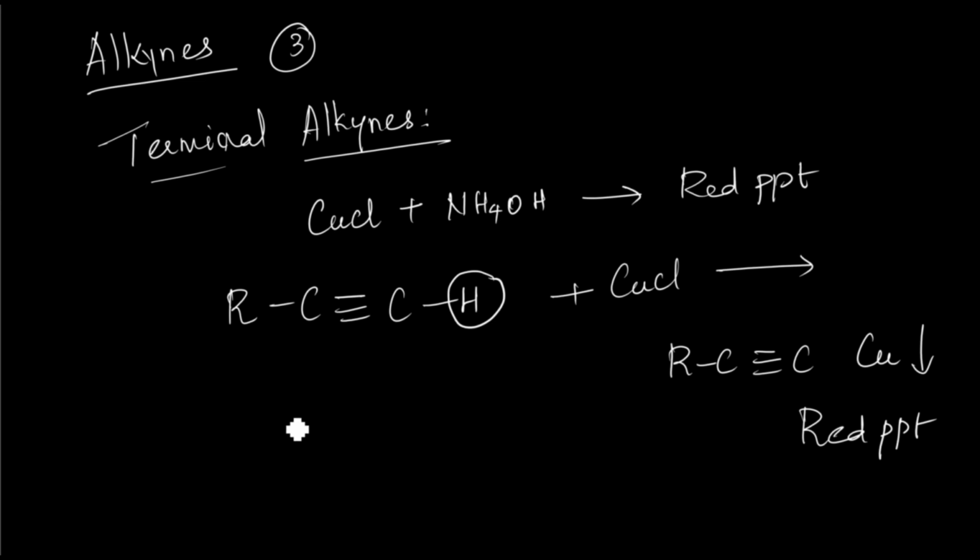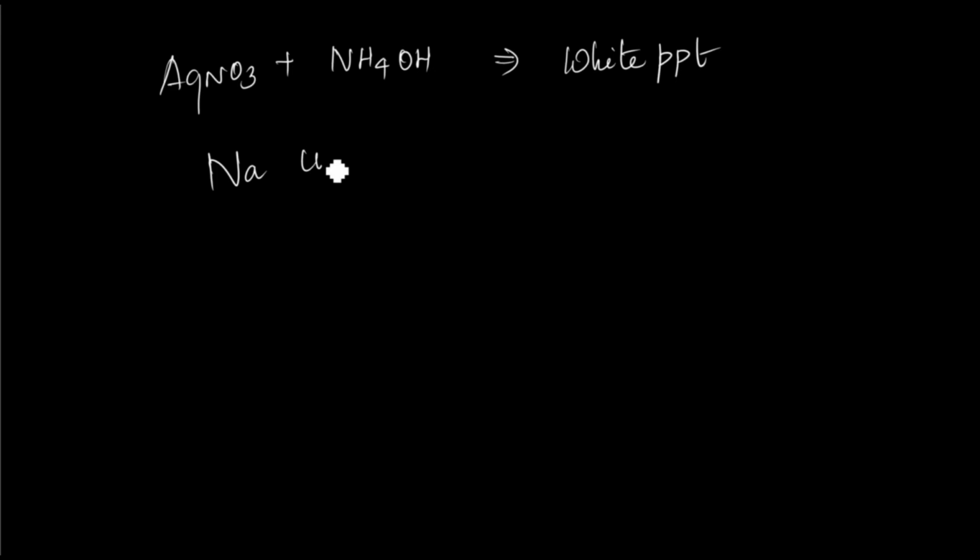Then one more reaction: you can treat it with silver nitrate and ammonium hydroxide. Since that is an acidic hydrogen, the terminal hydrogen will participate, and that will give a white precipitate. Sodium in ether is the third test,